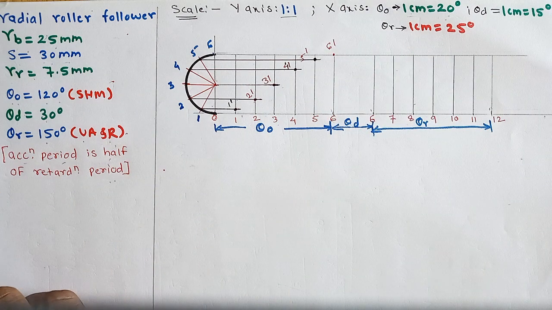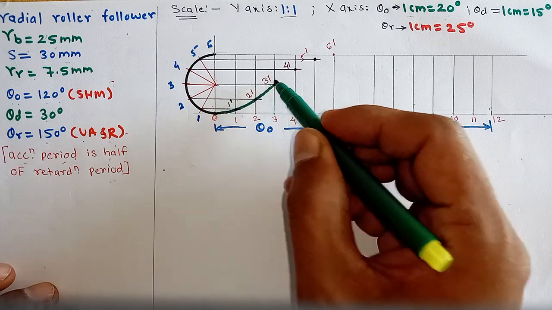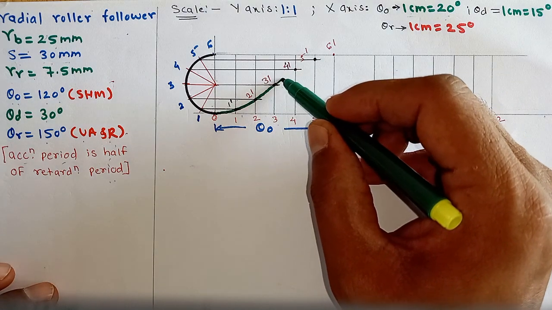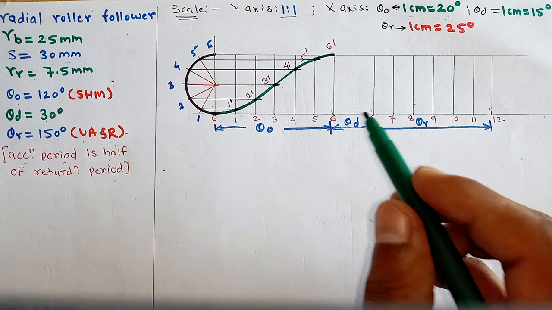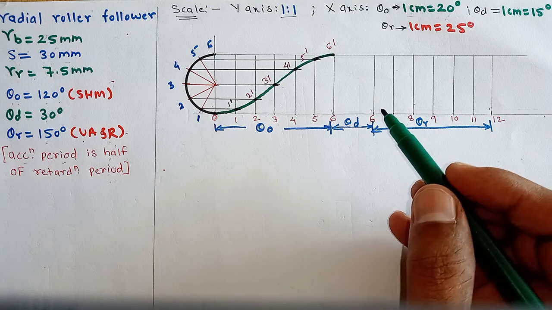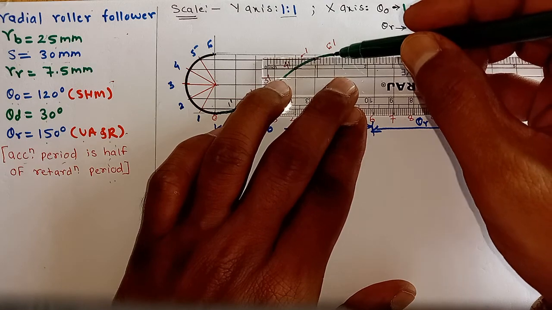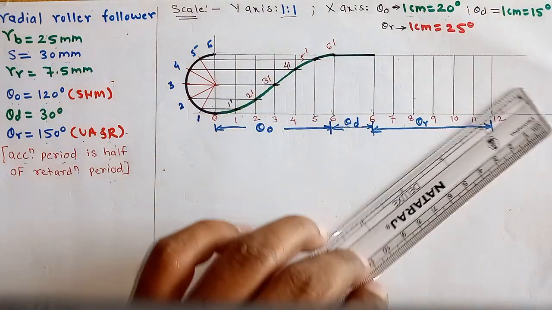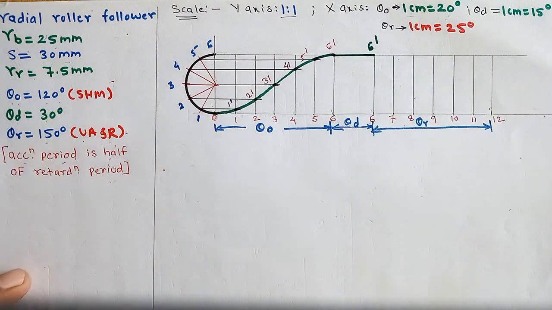Next we draw a smooth freehand curve passing through these intersecting points, and that will represent the displacement diagram of the follower during outstroke when it is moving with simple harmonic motion. Now the next period is the dwell period of 30 degrees, during which the follower is at rest at the topmost position. So 0 displacement of the follower will give a straight line during the dwell period, and this is 6 dash. Okay. Now return stroke takes place with uniform acceleration and retardation,